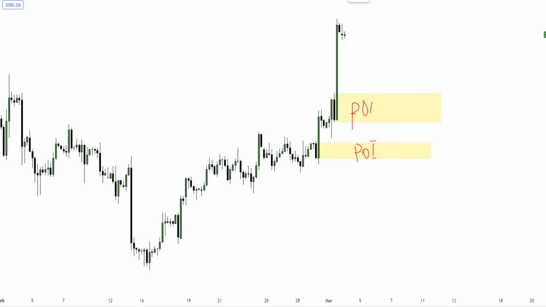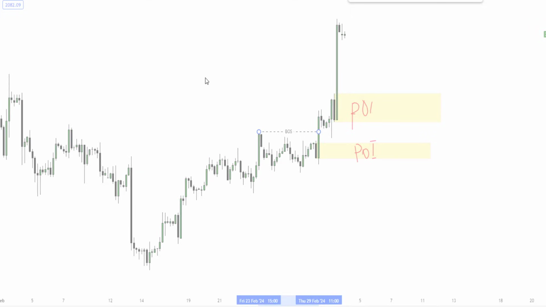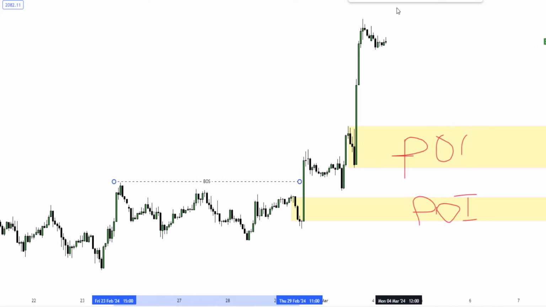Look at this. The last time we broke structure was here, above this guy. This is not a valid retracement. We've just pushed up to that area. Now we're expecting price to come down. If we mark this place as our break of structure to the upside, then if we go to the 1 hour time frame, we're going to have a new place where we can refine our market structure